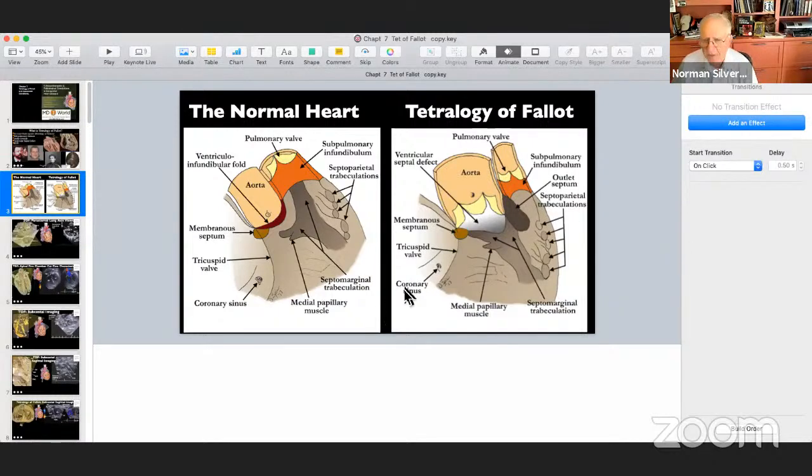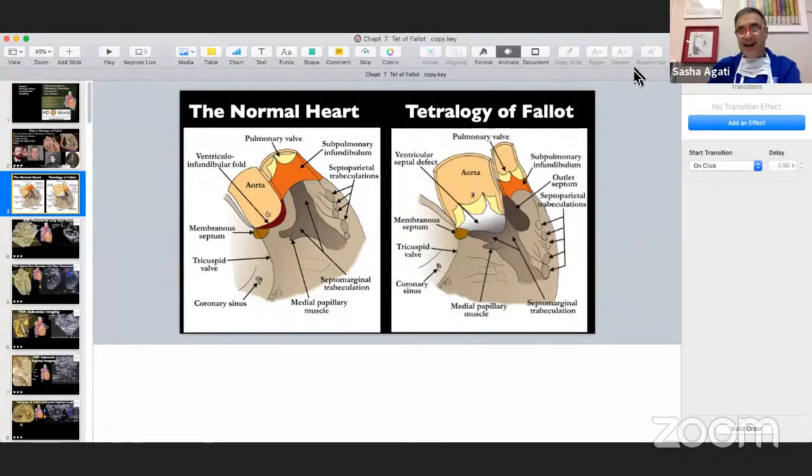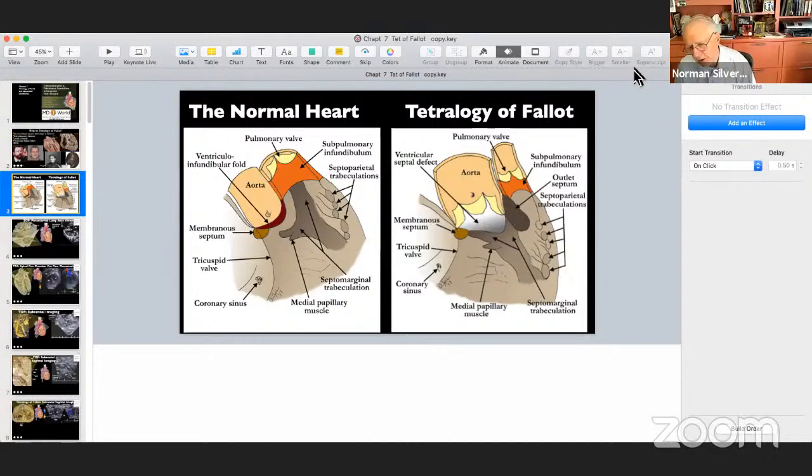Yeah, I think that the hallmark of the tetralogy is the anterior superior cephalad deviation of the outlet septum, and valvular pulmonary stenosis with VSD is a different animal. I think a completely different animal. Because also the conal septum is, well, that's the conal septum. You know, we've used here, as you see on this picture here.